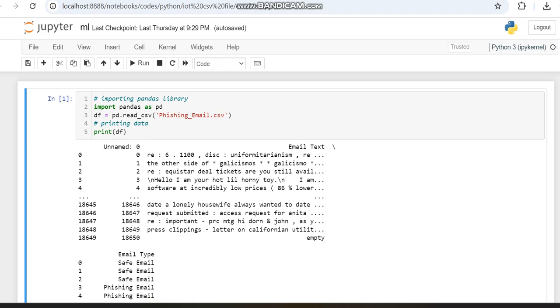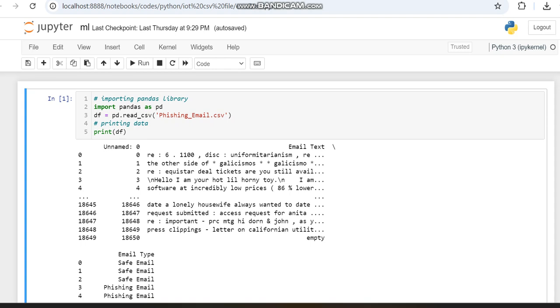Hello all, today in this video I am going to provide a demo video for email phishing. Already we have done some machine learning algorithms like support vector machine, CatBoost, passive aggressive, logistic regression, etc. So here we have made a comparison. Also now in this demo we are going to work with random forest and make that comparison with the other machine learning algorithms we have made, and conclude which machine learning algorithm is providing